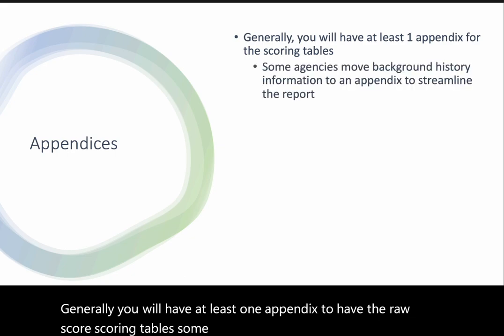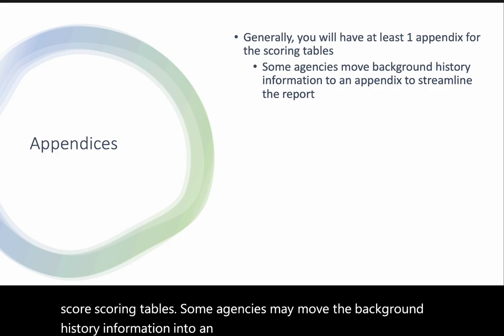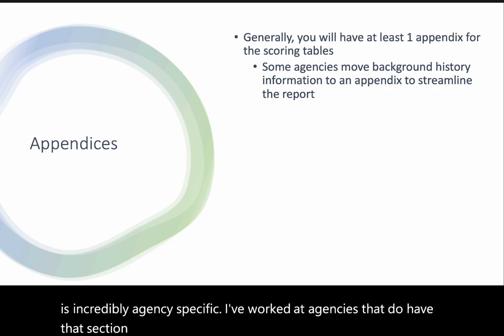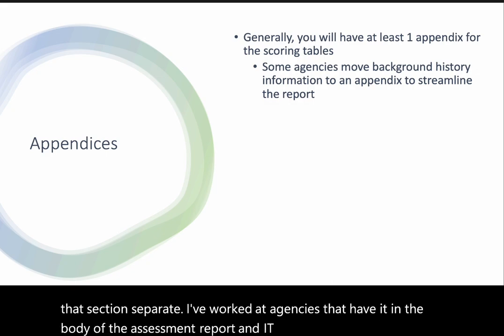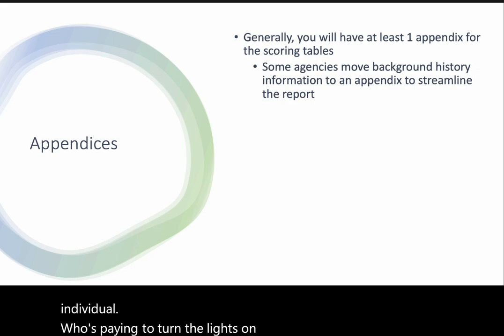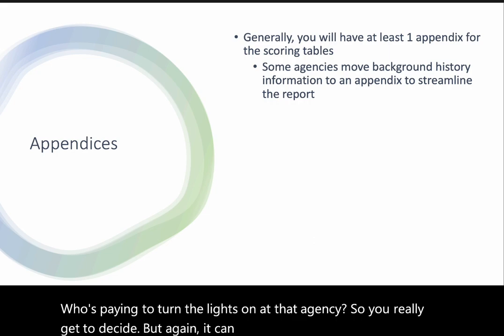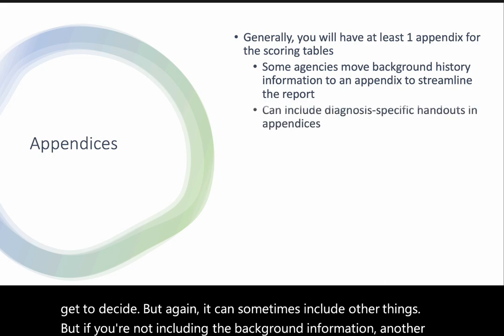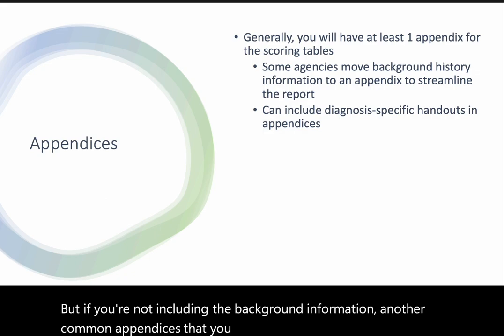Some agencies may move the background history information into an appendix to streamline the report. This is incredibly agency specific. I've worked at agencies that do have that section separate. I've worked at agencies that have it in the body of the assessment report, and it just varies depending on the individual who's paying to turn the lights on at that agency. So you really get to decide, but again, it can sometimes include other things, but if you're not including the background information, another common appendix that you might see is diagnosis